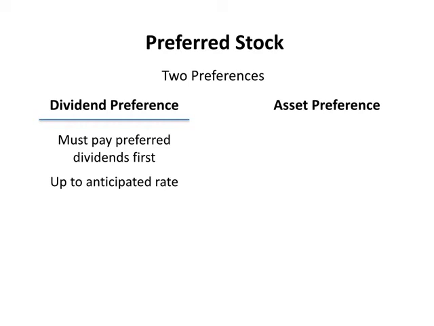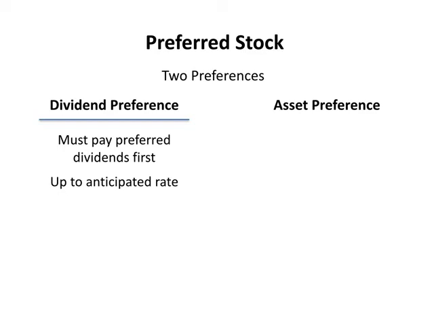Common shares don't carry a contractual dividend rate. The dividend payable in any period is whatever dividend the company's board of directors declares payable that period. The contract under which preferred shares are issued normally states the dividend the issuer anticipates paying on the preferred stock issue. But it is only an anticipated dividend. The dividend on preferred stock only becomes a liability of the company once it's declared payable by the board of directors. If the board's judgment is that the company's circumstances are such that payment of the preferred dividend is not in the company's best interest, no preferred dividend need be declared or paid, and that would not be considered a